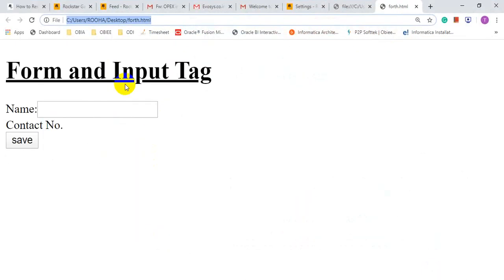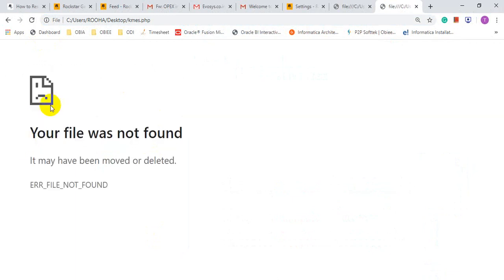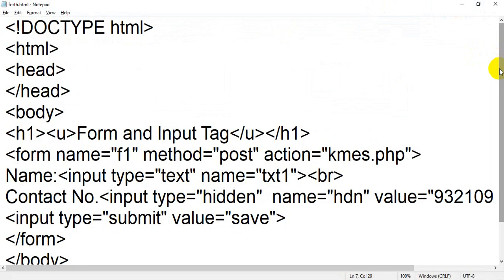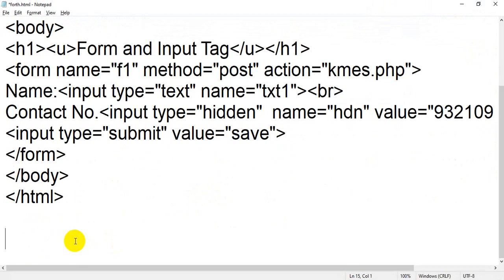When I refresh and type anything, for example KMS college, a new name, and click on save, I copy this from the URL back to your notepad, just below the page. I will erase it later.